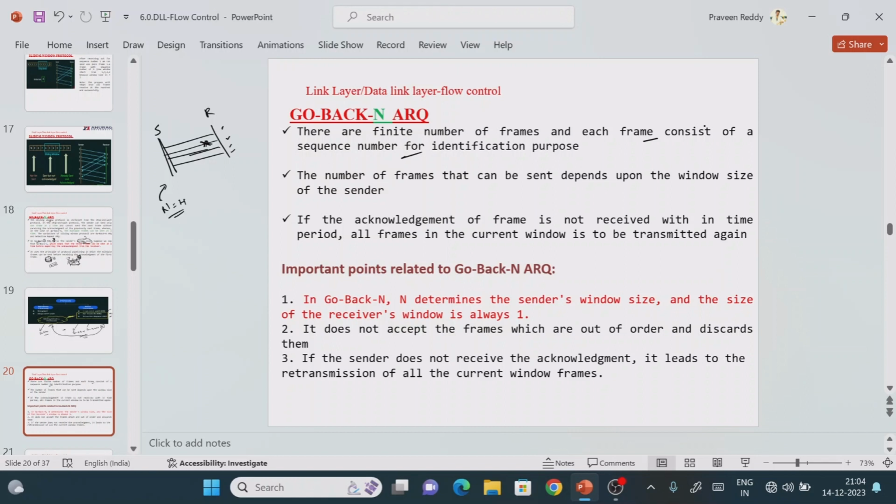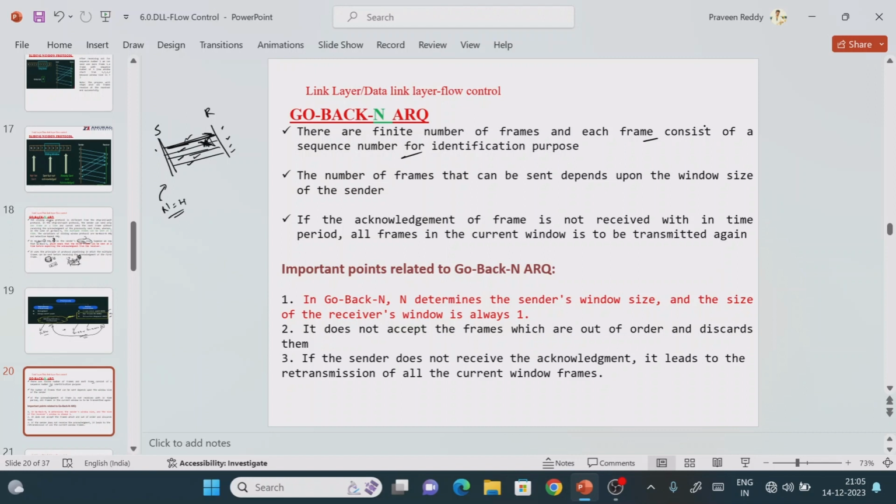In a communication channel, if you are sending the first frame, maybe it will be received first itself, or it may be received after this frame or this frame or this frame also. This is also one possibility. Based on the communication channel, if you are sending the first frame, it doesn't mean that it will arrive first. Based on the communication media type and external parameters, even though you are sending the first frame, it may reach the receiver later. Now the question is that this frame is lost.